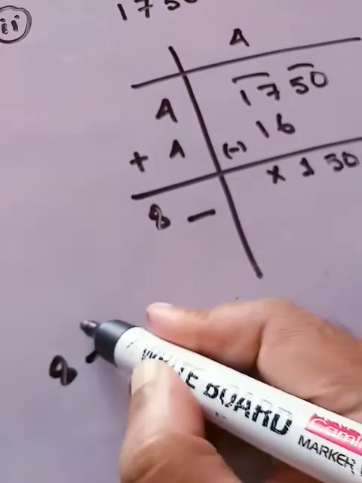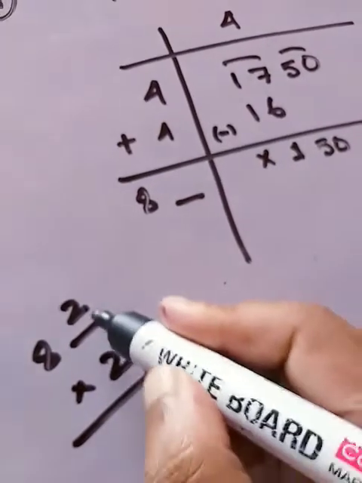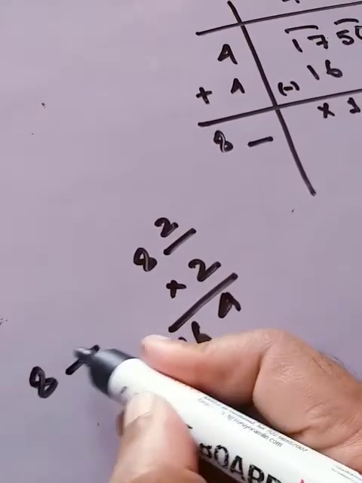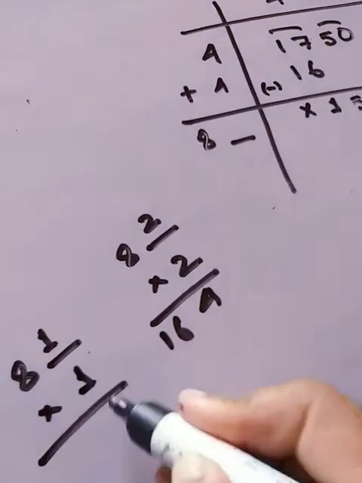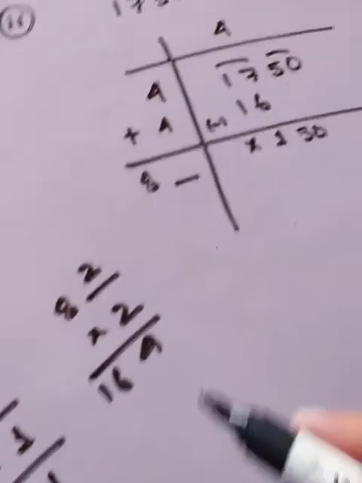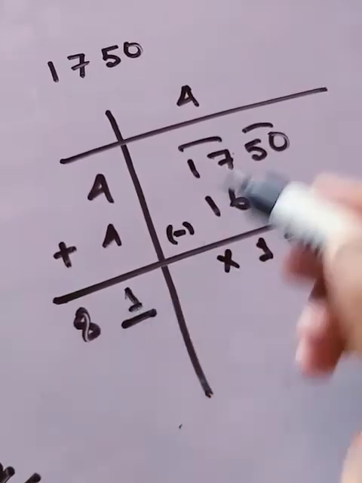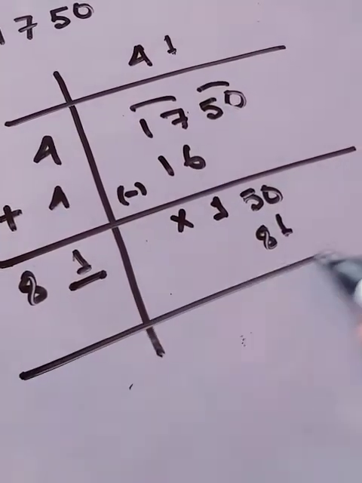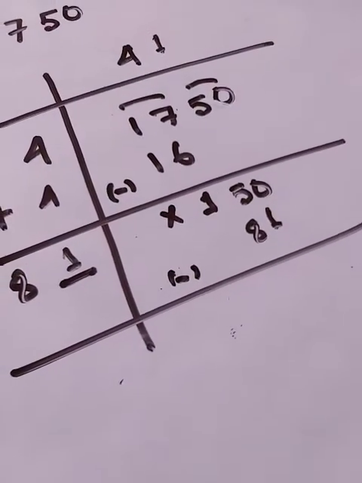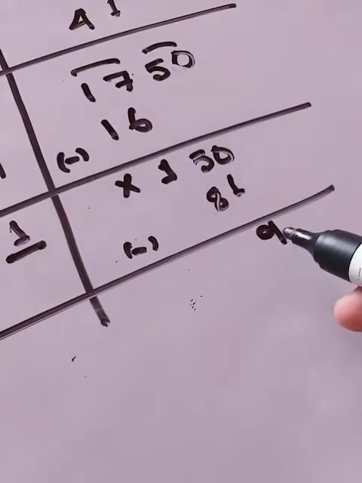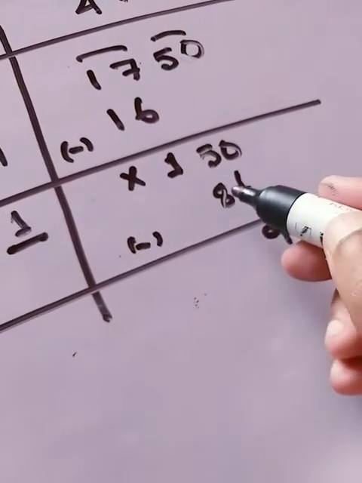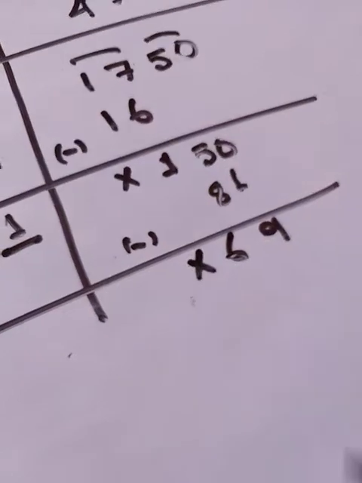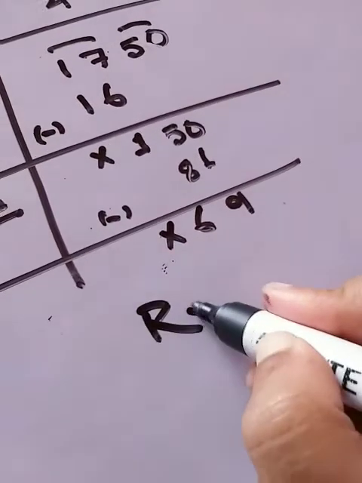Let's try with 2. 2 2s are 4, 2 8s are 16. So it's a bigger number, so we have to try with 1. So it would be 81, isn't it? Now we'll put 1, 1 81s are 81. Now let's subtract it. This will be 9, isn't it? And this will be 8, 69. So this will cross. So the remainder is